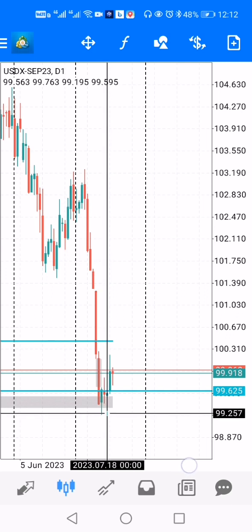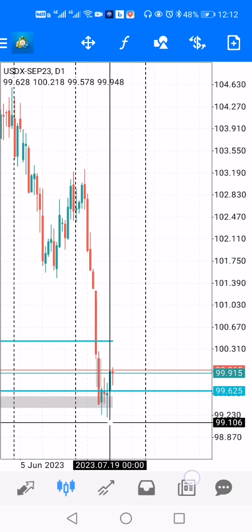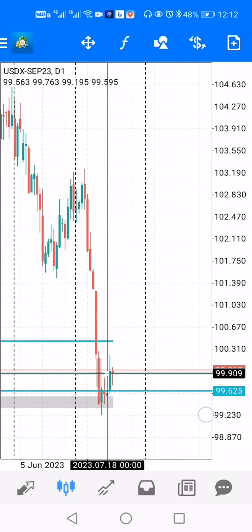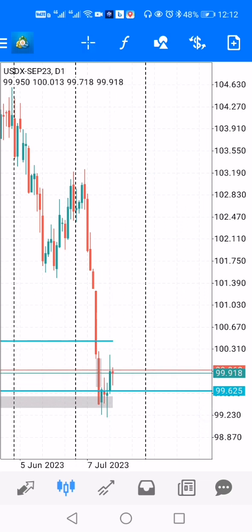That was achieved, and the market has shifted its sentiment to bullish right now on the daily time frame, which obviously, if you are a trader of the EURUSD or any pair that is related to the dollar,